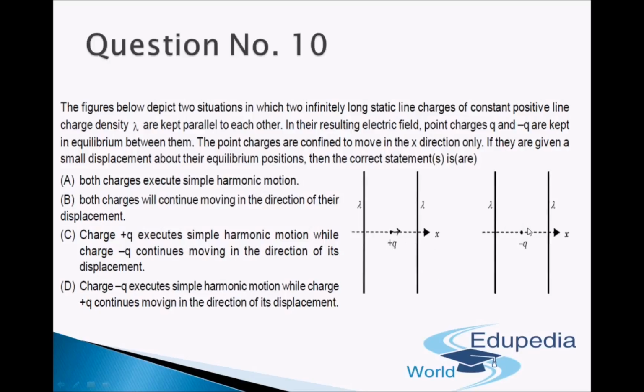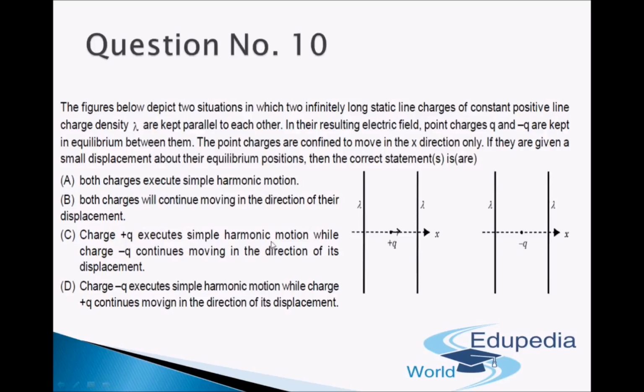However, if we look at this minus q, if it moves slightly towards the right, then the force due to this particular wire will increase, but that force is towards the right. So if we move it a little bit towards the right, it will continue going more and more towards the right. So this will not be a case in which it will experience a restoring force. This is basically the equivalent of a particle kept on the bottom of a hill. If you displace it slightly, it will come back down or oscillate. This is a particle kept on the top of a hill, right? So in this case, if you displace it slightly, it will just fall down.